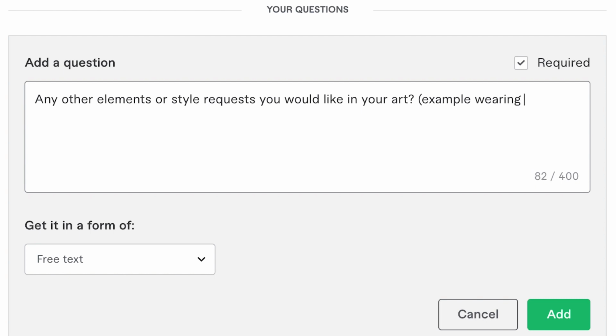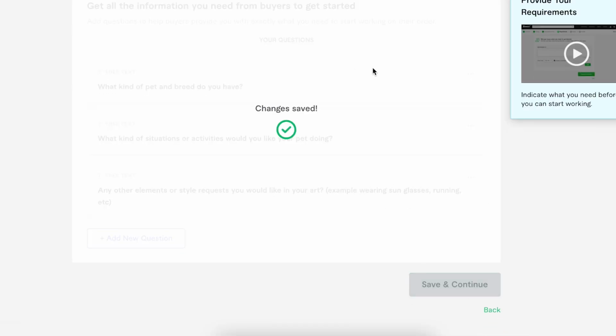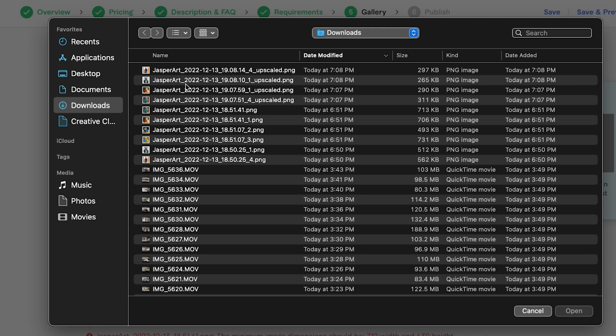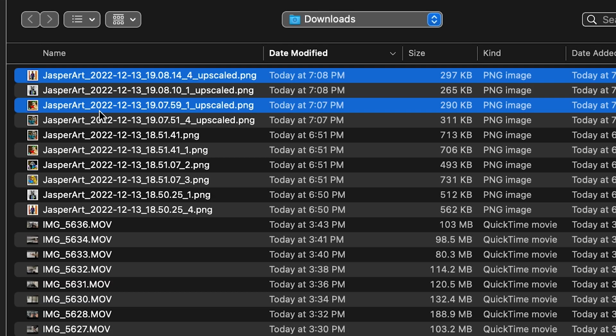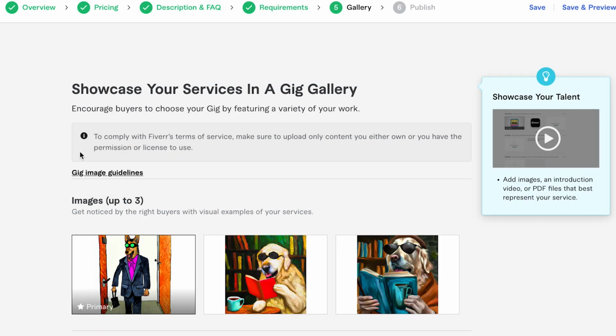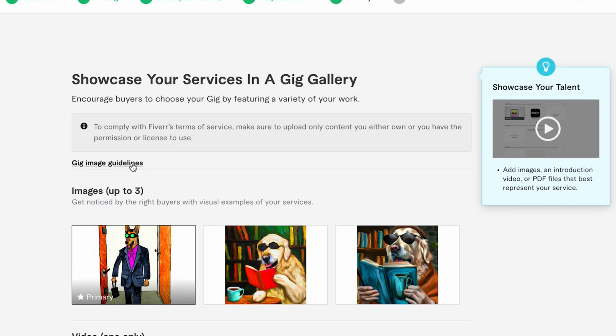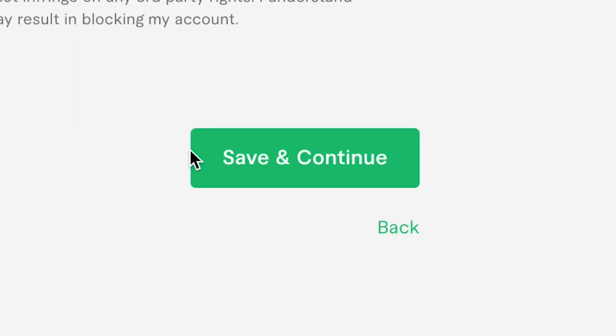Example, wearing sunglasses, running, etc. Cool. Save and continue. Now we need gig images, and this is where we're going to add the images that we just created. All right, I have uploaded my images and I'm not doing a video, but essentially that is it.